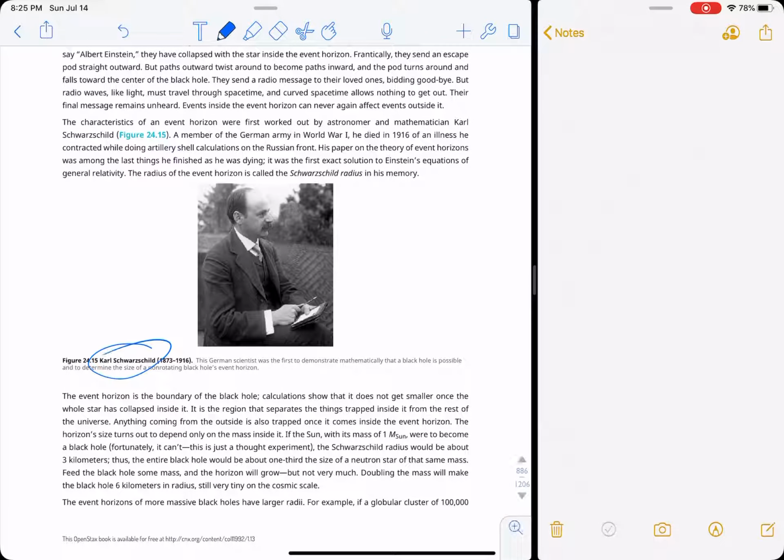So this guy, Carl Schwarzschild, was in World War I. While he was trying to figure out Einstein's math, he was calculating on an artillery shell, a thing you drop on people to blow them up. There's a little timer here, and you basically set the timer. You rotate the top, it's a clicker timer, and you've got an artillery piece that launches at some angle, and based on the angle you launch it and the initial velocity, it's going to hit your target over here at a certain time later.